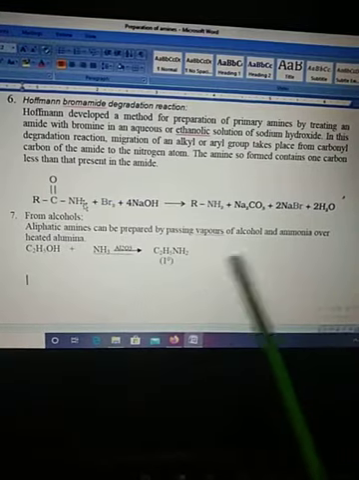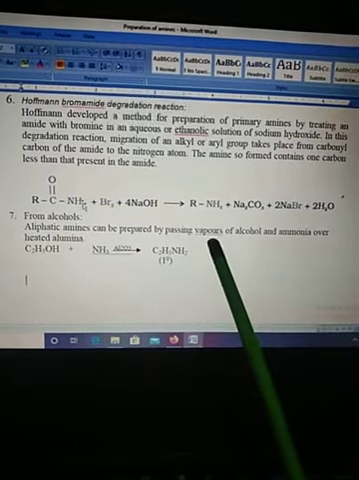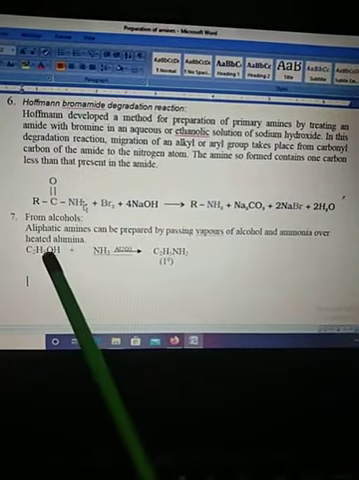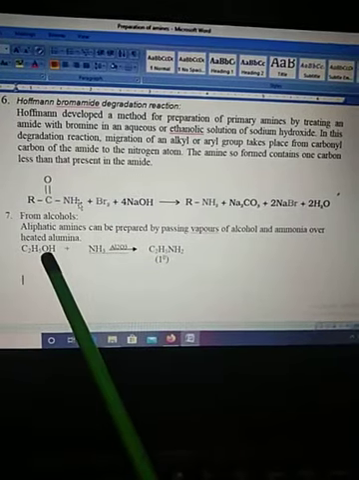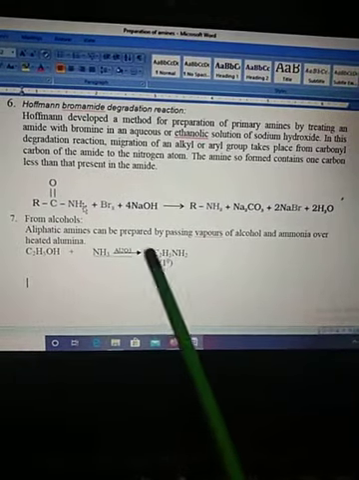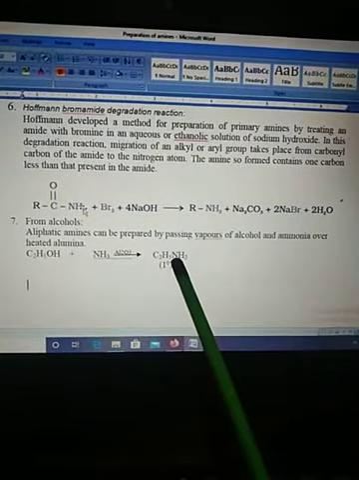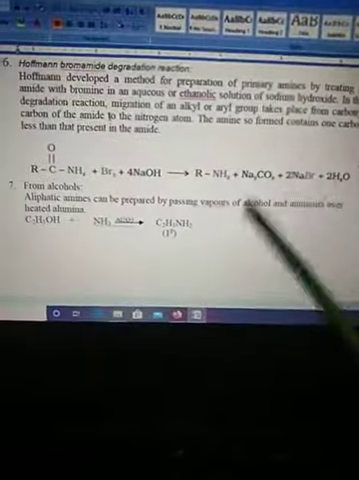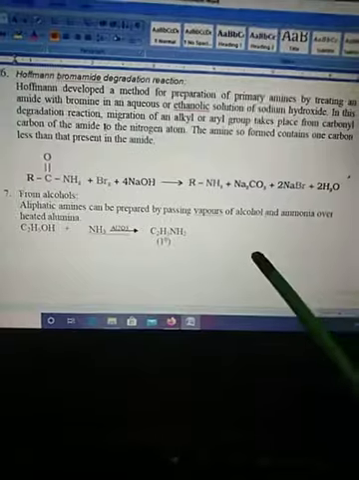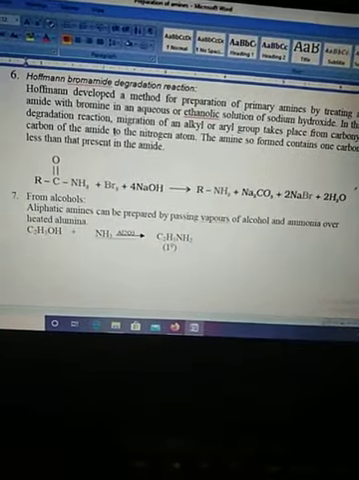Similarly, if you take one more molecule of this ethyl alcohol in the presence of aluminum oxide, one hydrogen of this will be removed. That means an ethyl group will be added over here, so it will form a secondary amine. On further reaction, it will form a tertiary amine. Is that clear? So these are the few preparations of